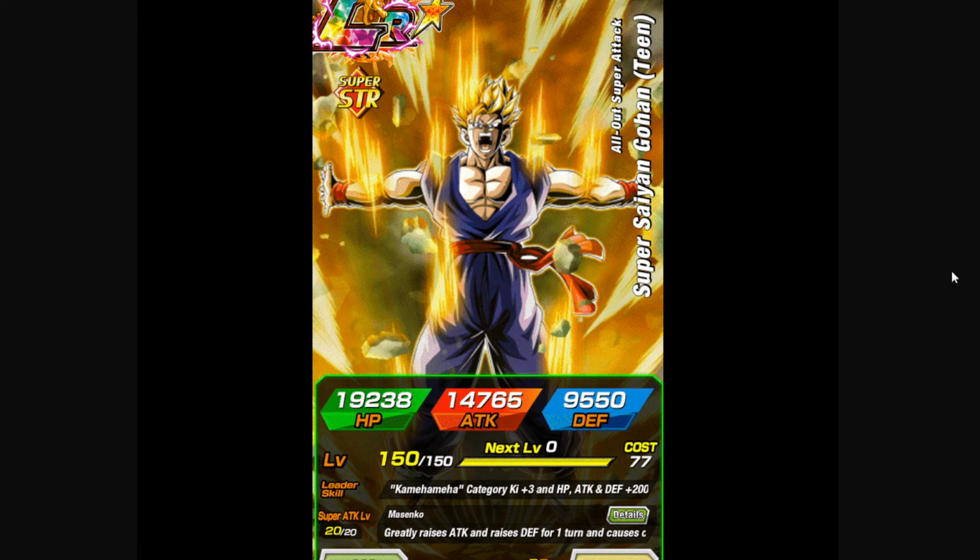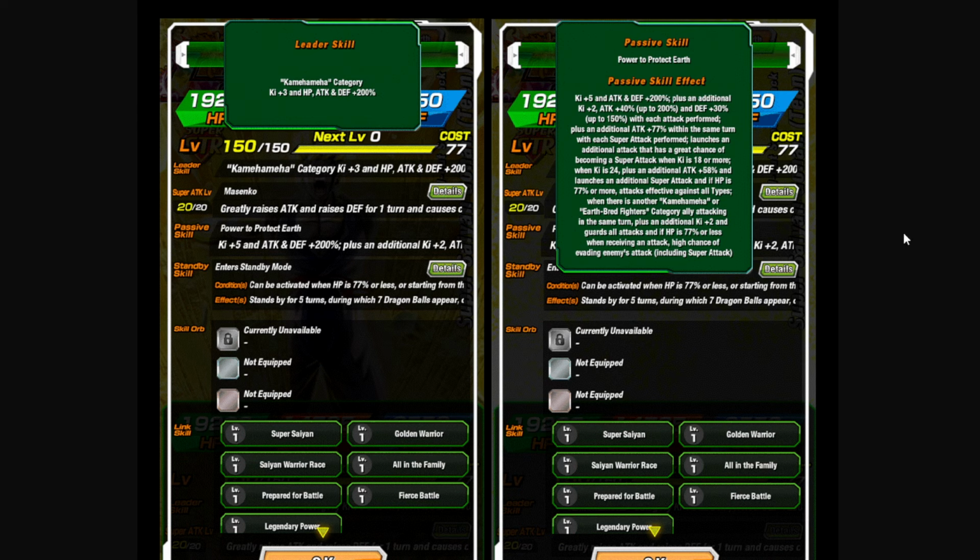So this is a Super Saiyan Gohan team. For some reason, I thought this was base form. Anyway, super strength here. He has an entrance animation, right? They go Super Saiyan. I don't know why I thought it was base form, but it's a standby unit. So this is gonna be wild. I can't wait to build the team, do the team builds for this here. Kamehameha